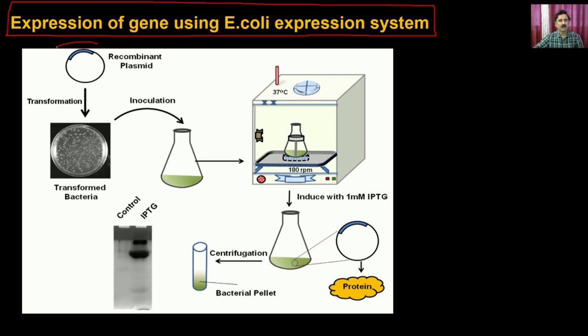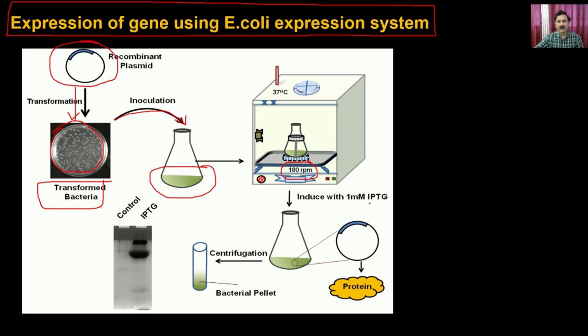First, you have to generate the recombinant DNA, which we have already discussed. Then you do the transformation, and you get the transformed bacteria. What you see here is that the plate has a lot of colonies. Now you take a single colony and inoculate it into media. You put it with a cotton plug and keep it in a 37 degrees Celsius incubator at 180 RPM, and while it is shaking,